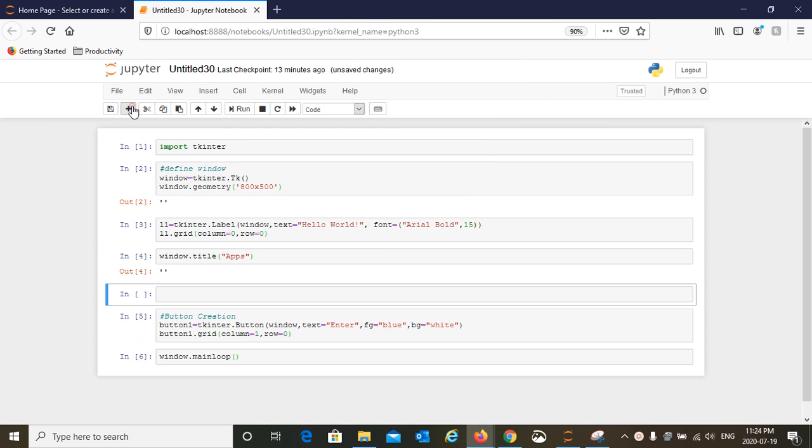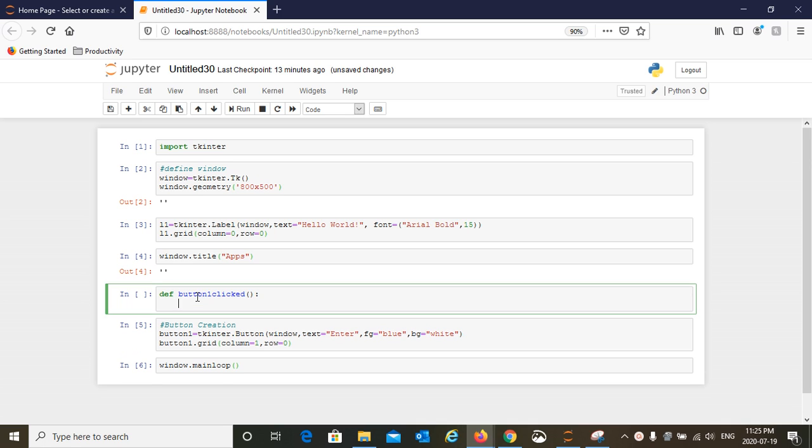Okay, so let's create a function. Let's say button1_clicked as the name of the function, and in this function we are not going to do much.